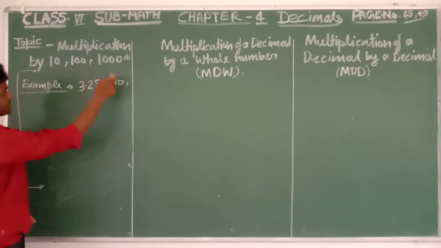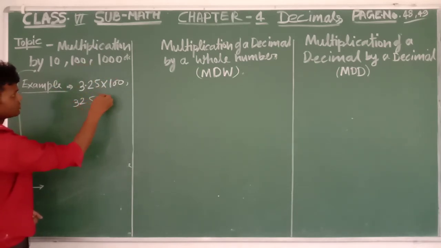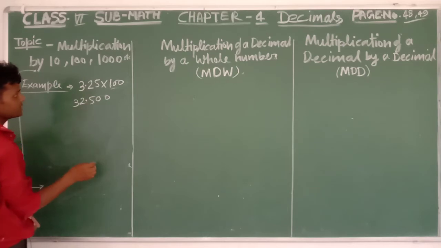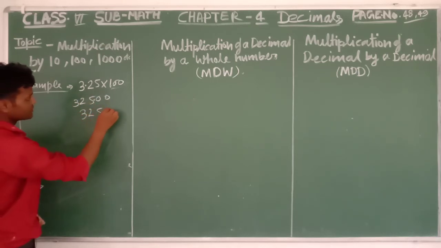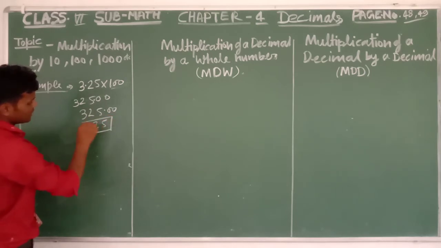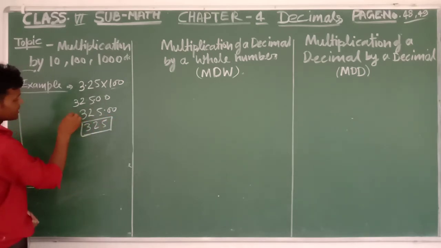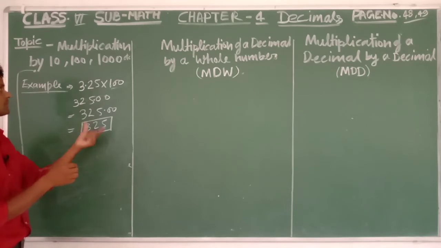I hope you can understand the next example with the same number, with 100. Now you can write here 32500. Here 2 0, you write here 2 0, and then count the decimal places 1 2. You count this right side in the product, 1 2. You write the point here. You got 325.00, and you write 325. Okay, you got the product in under 2 seconds this way. I hope you can understand.